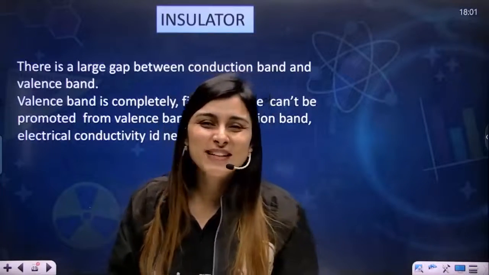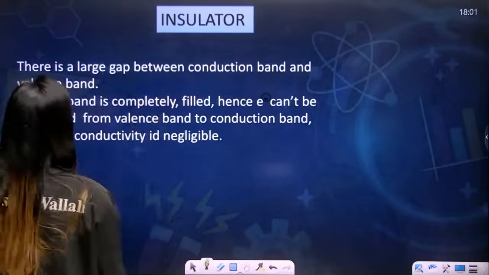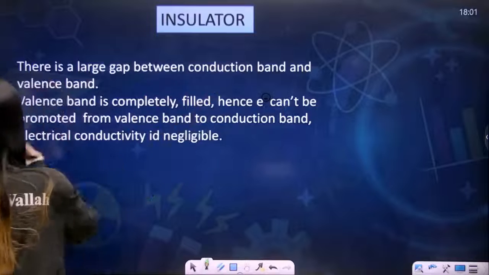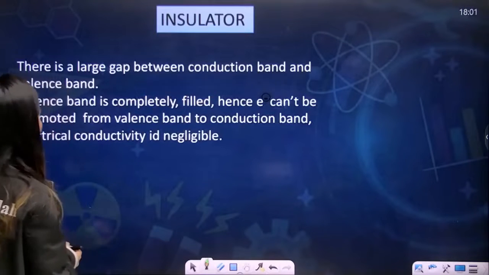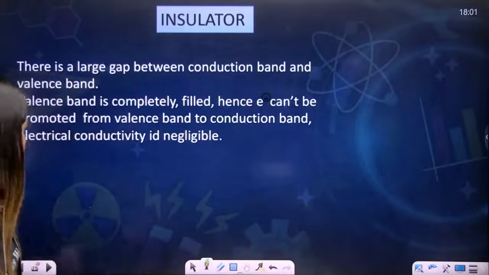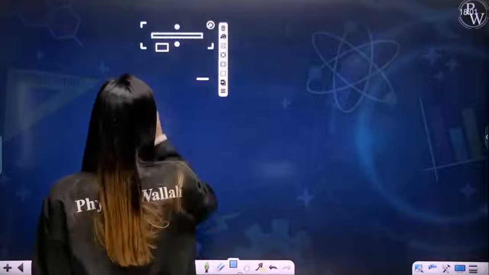Now let's try to read it. There is a large gap between the conduction band and the valence band. The valence band is completely filled, hence electrons can't be promoted from the valence band to the conduction band. Electrical conductivity is negligible. I hope you got the idea. So what does it say? It says that in insulators,